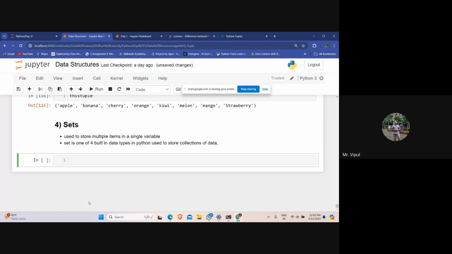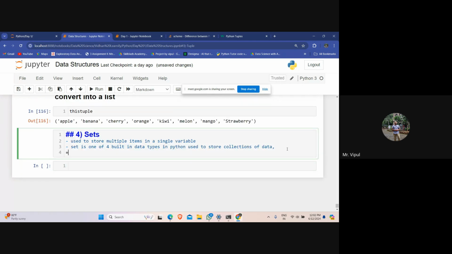We have already discussed the other three: list, tuple, and dictionary, all with different qualities and usage.